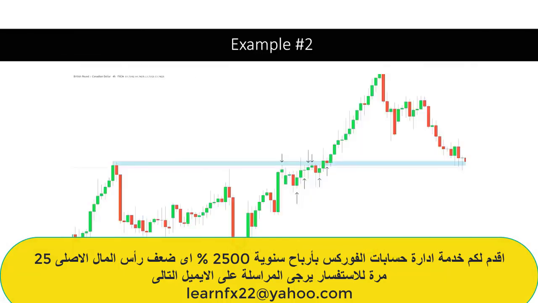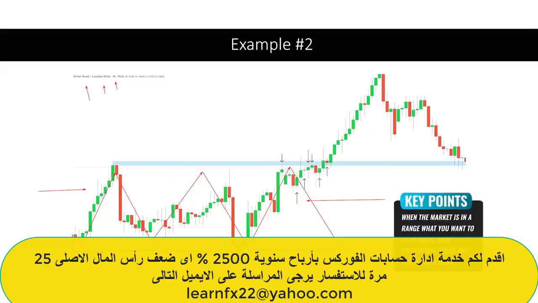Here you can see here, which is slightly different. So take note, not everything that you're going to see here is going to be 100% identical in the markets. You must be willing to understand the concepts and principles to be able to apply them. This is on British pound, Canadian dollar on the 4H time frame. You can clearly see that the market has been moving sideways for a long period of time. You see that price is not breaking highs, it's not breaking lows, which simply indicates to us that the market is in a range.